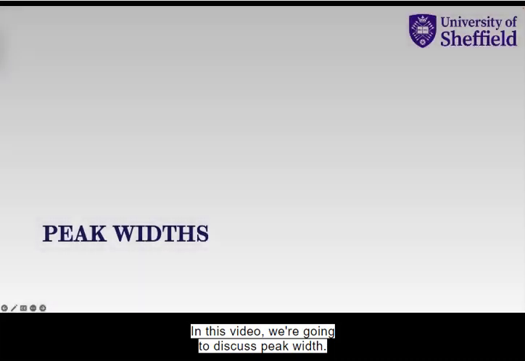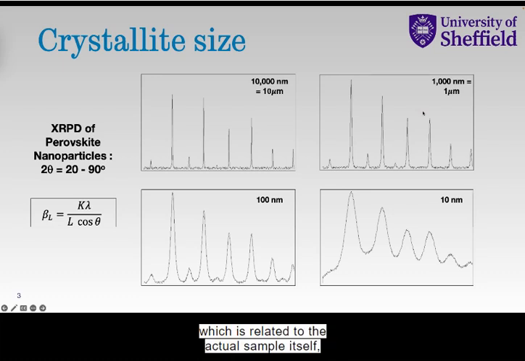In this video, we're going to discuss peak widths. As we said, a peak in a diffraction pattern we can think of as having position, width, and some sort of intensity. So what are the factors that are going to affect the peak width that we observe? Well, the first factor that we might want to consider, which is related to the actual sample itself, is the